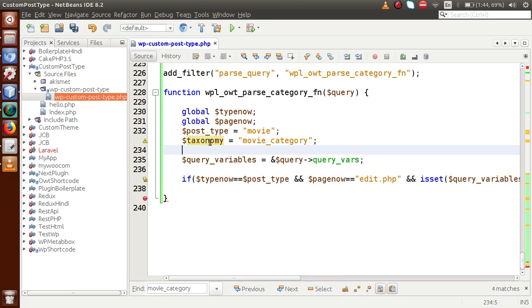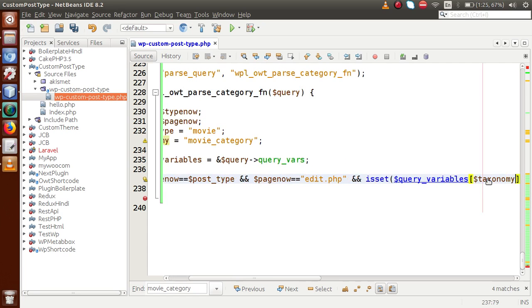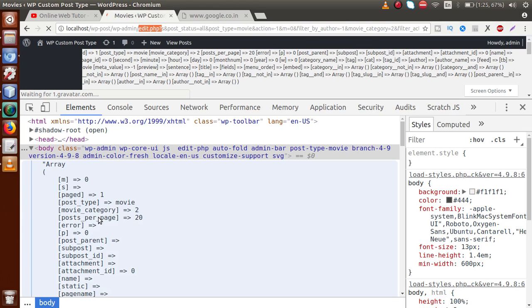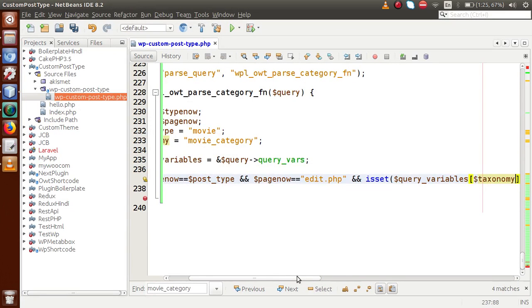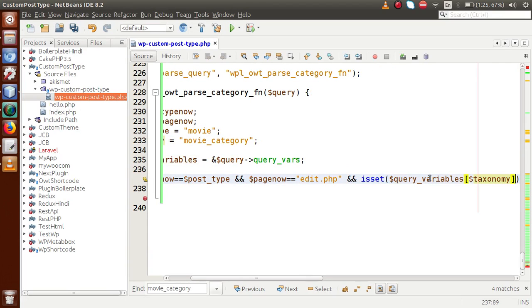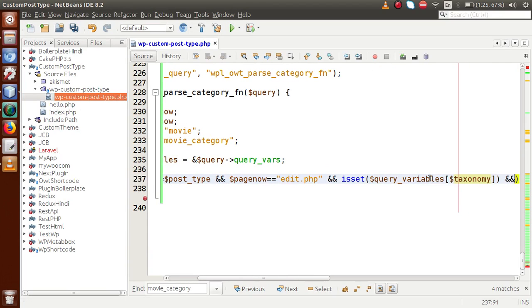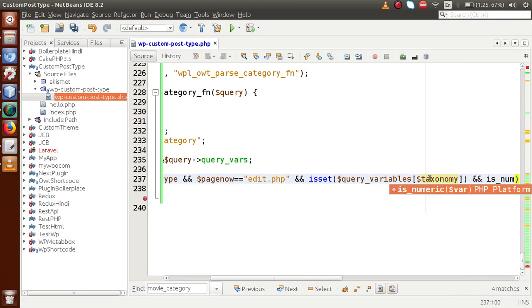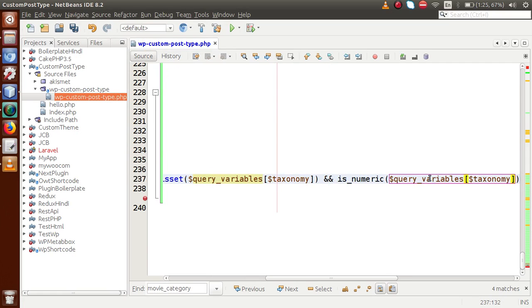Okay, so I'm going to copy this taxonomy variable and paste inside this query variables. First we have to check that the query variables actually contains the movie category as the value or not. Okay, and also we have to check that this is a numeric value because we have passed the ID of that category. Okay, so let's go ahead and check that. So let's set query variables, and the taxonomy also needs to be numeric. So is_numeric is a PHP function basically used to check a number is defined or not. Okay, so by checking all these things